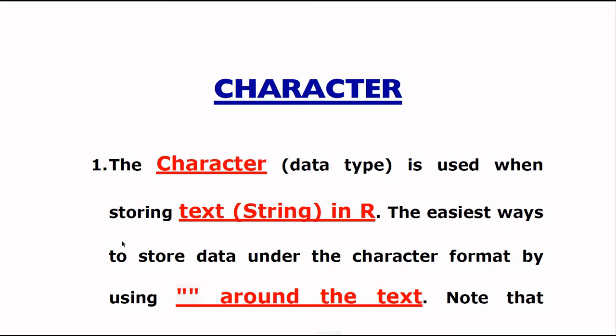In this video I explain character, a data type which is used in R. Character is used when we store data as text in R, which is also called string. The easiest way to store data in character format is by using inverted commas around the text.